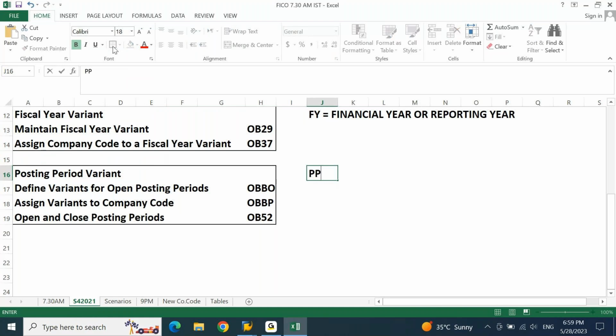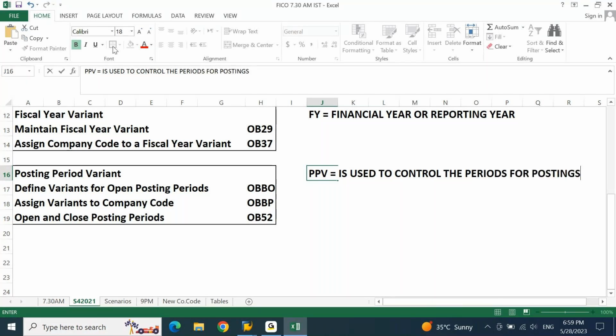So posting period variant is used to control the periods for postings based on account types. Okay, posting period variant is used to control the periods for postings based on account types. After creating posting period variant, you will have another variant,